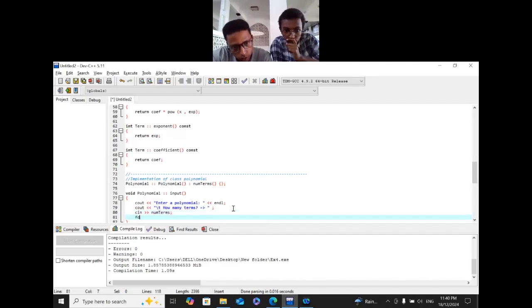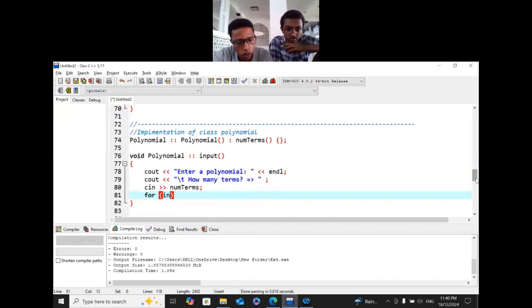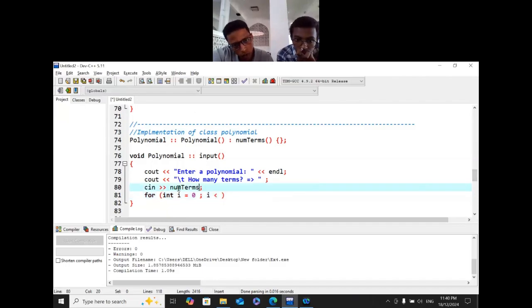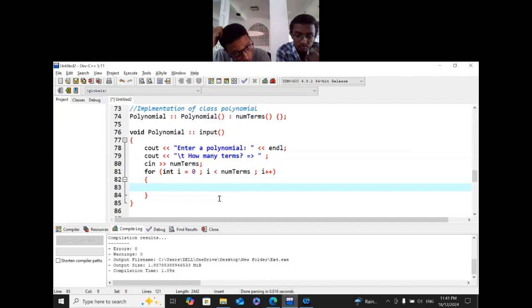So for t equal to 0, up to terms, plus plus. Then inside the for loop, the user will enter. I think here we should define firstly